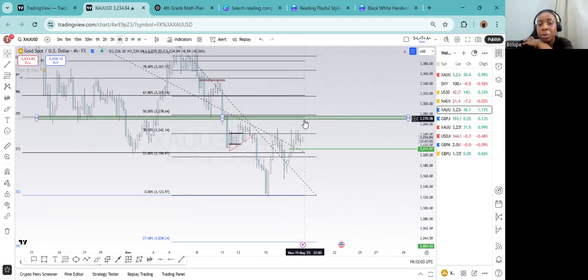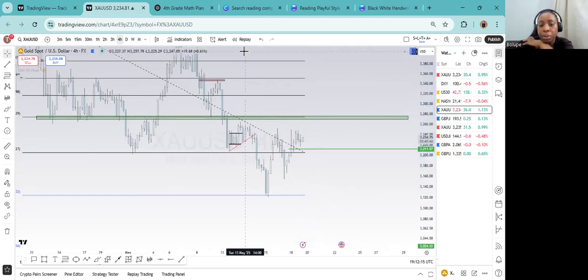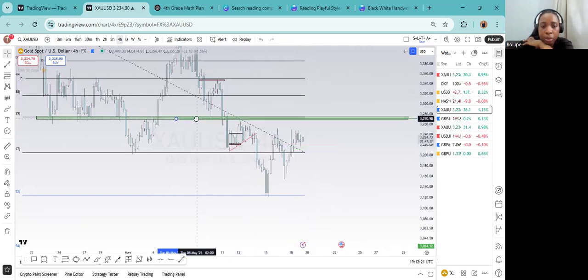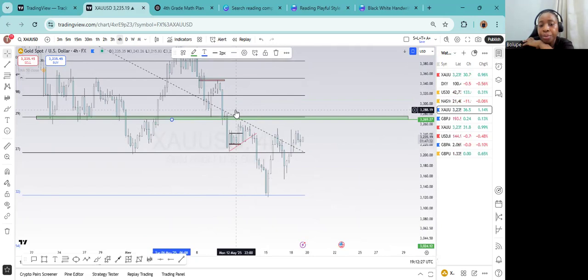I'm actually waiting to see what price will do when it comes inside this supply zone, because that has been my area of interest to take. If it respects that area, it's going to push down. But if it breaks the area, it's going to break and retest, or turn from supply to demand. So that's what I'm going to be waiting for. We may be waiting for this to push up and all that.